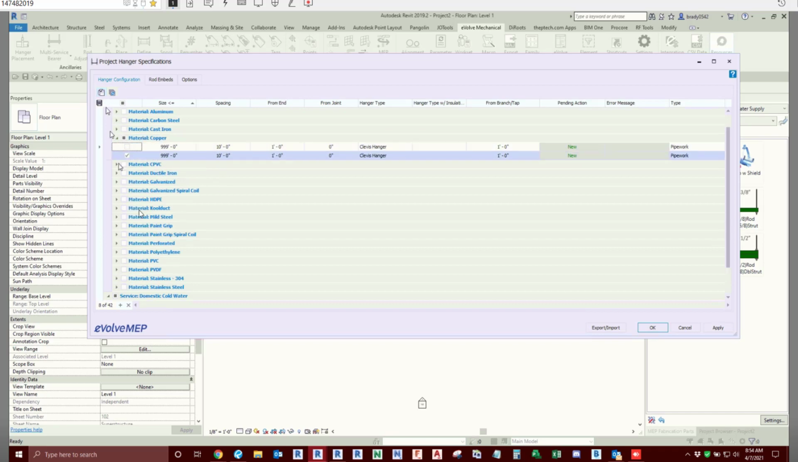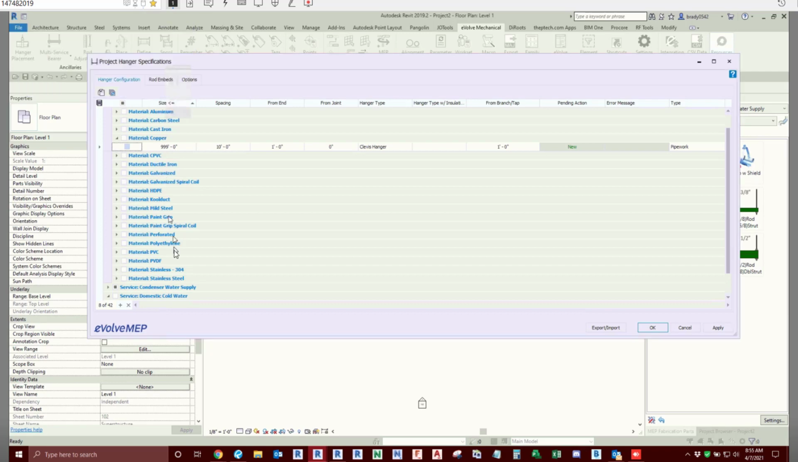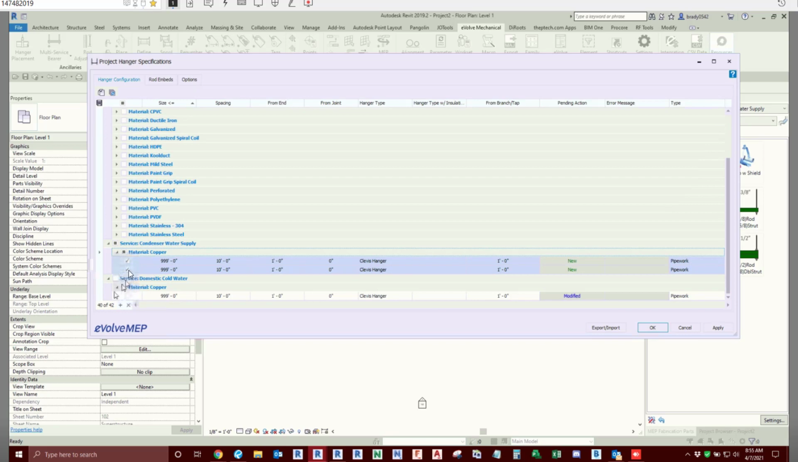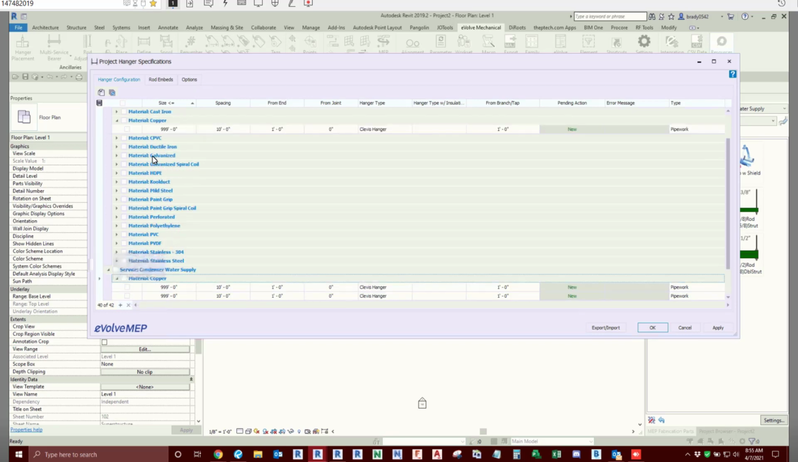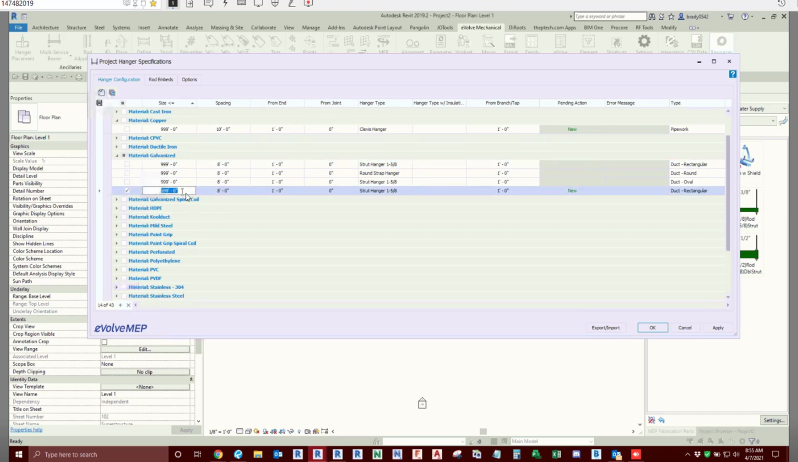So I'll duplicate this again, and update this one for service to be condenser water and hit apply. Now we have two different settings that are service specific. Now again, on the sheet metal side, you guys are pretty lucky. You can just say galvanized, any size is 8 feet. Or we could duplicate this and say for duct rectangular,